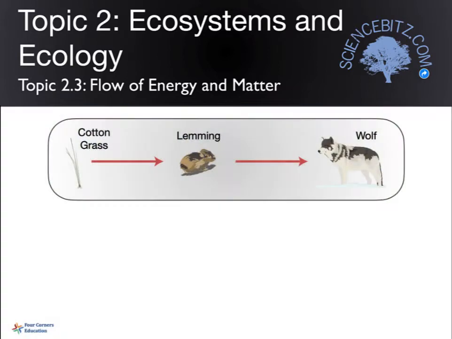So let's have a look at this idea of what actually is a food web, or a food chain in this case. This is the sort of image you're used to seeing in the textbooks. Cotton grass, lemming, wolf. This is what's happening in an Arctic ecosystem. However,